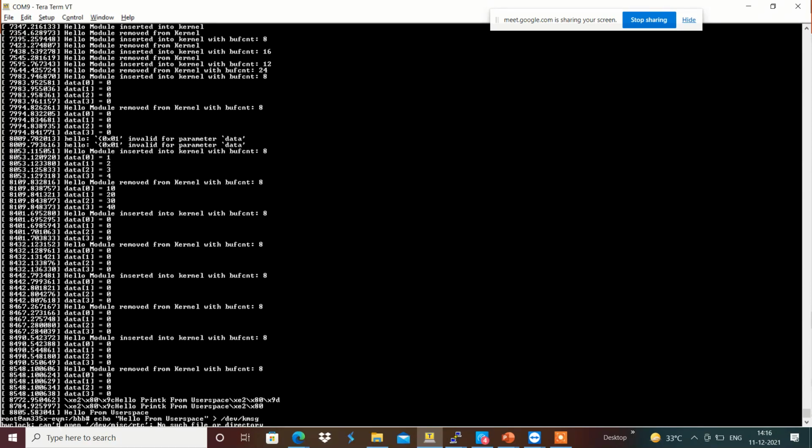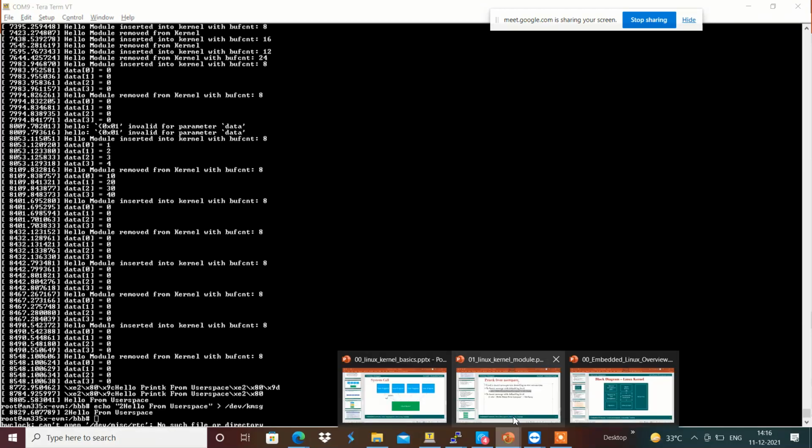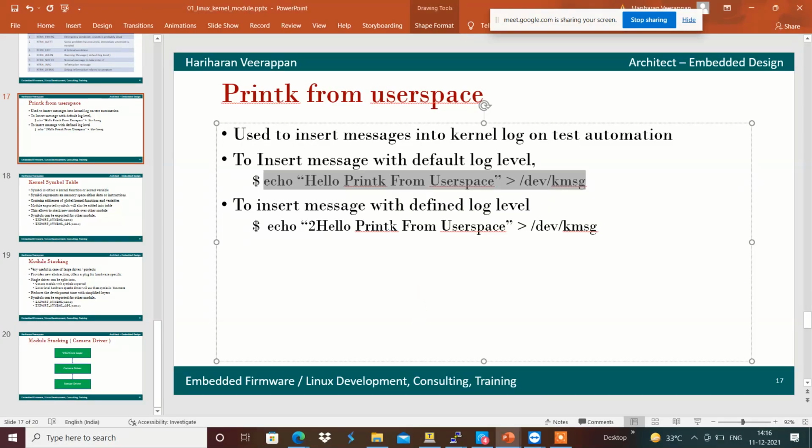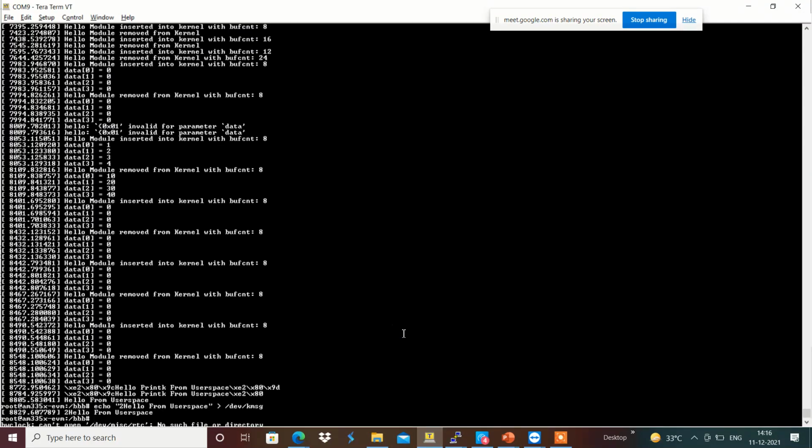In a similar way we can add an error message, with the help of error numbers by the system, along with the text messages.